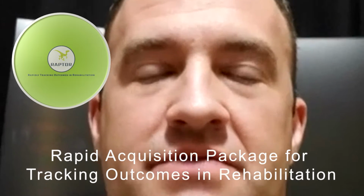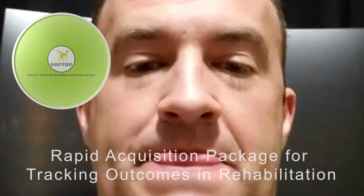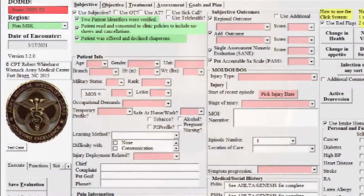My name is Captain Robert Whitehurst. I'm currently the H2F Injury Control Director for 44th Med Brigade here at Fort Bragg, North Carolina. So my AMTI project revolves around the Raptor, which stands for the Rapid Acquisition Package for Tracking Outcomes and Rehabilitation. And it is essentially a tool